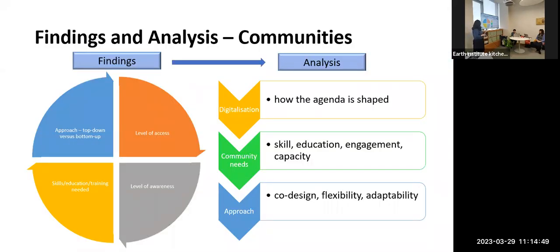Thanks, Liz. What we found was the approach is really important. So here we have top down versus bottom up. And I think that's a central issue in citizen science, is that we really are looking at getting data from the bottom up and listening to people on the ground. What do they need? But the challenges that were identified under the theme of communities is the level of access. While people may have broadband, do they have good broadband? And do they actually, on another level, can they access the data that's actually out there?